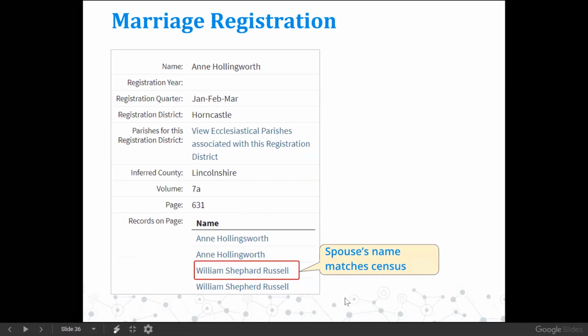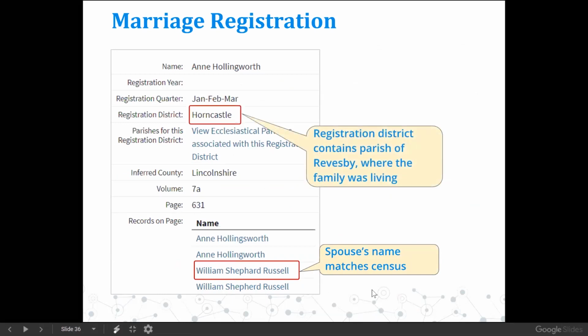First of all, the spouse's name matches because we had a William S. Russell, so William Shepherd Russell, that works. And they are in Horncastle. So Horncastle is the registration district, and we're not going to go into a lot of detail about how registration districts work, but if you're interested in that, there's actually a couple of webinars that are listed on the BYU